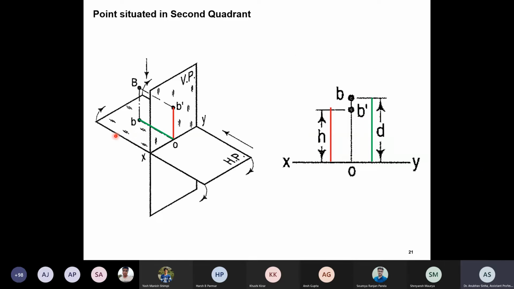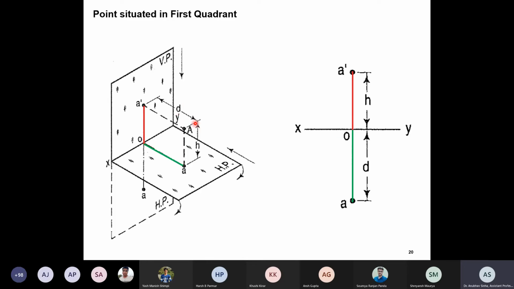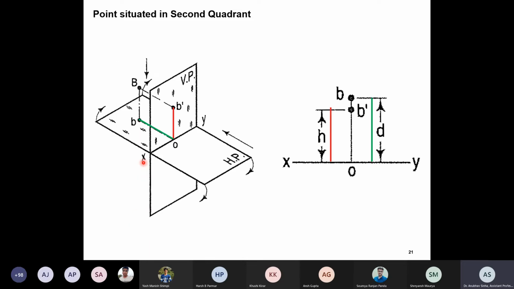In the first quadrant, it is like opening a book. You have a book, you open it and make it flat. This is like closing a book. You have this plane which is coming and joining that VP. So accordingly you will make these points. So B dash is here and B is here. This is how you show it in the second quadrant. Is this clear? But why are we not opening the book in the second quadrant? That is the convention we follow. So this is how it has to be rotated.